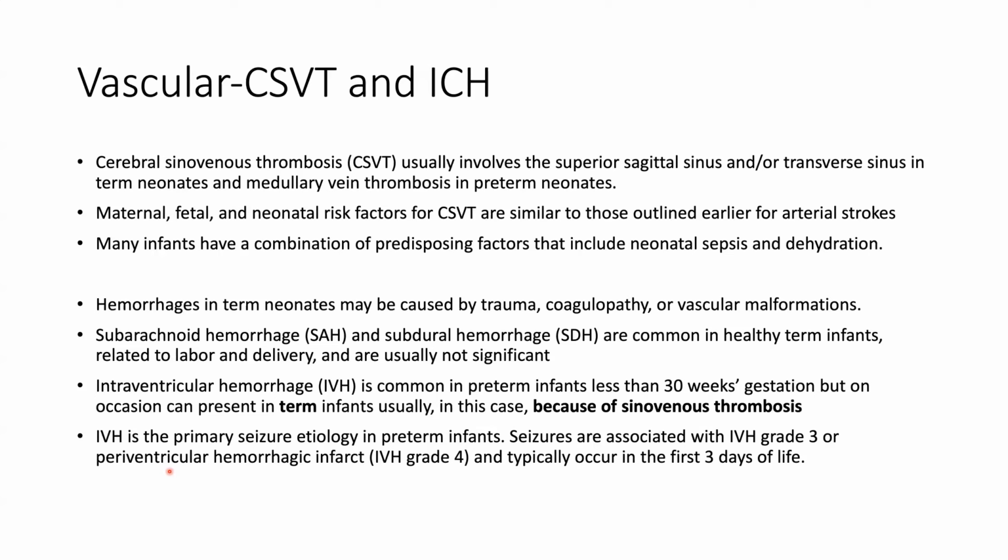They usually are asymptomatic. What is more important is that in the preterm, intraventricular hemorrhage, that is particularly less than 30 weeks of gestation, these are very important. These can be symptomatic in the form of seizures, encephalopathy, apnea, enlarging head size, hydrocephalus, right? And when they occur in a term infant, you should always suspect cerebral sinovenous thrombosis. It's very unusual for intraventricular hemorrhage to occur in a term infant, right?